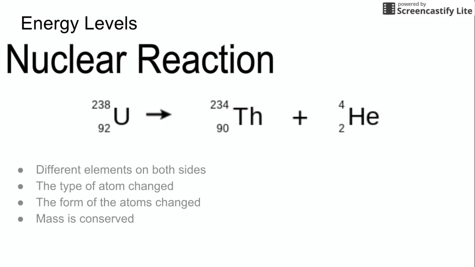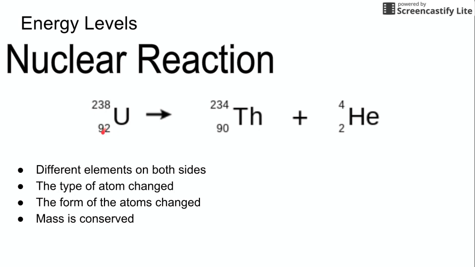Nuclear reaction, on the other hand, is very different. There are different elements on both sides. So on the reactant side, we have uranium, and on the product side, we have thorium and helium. The type of atom has changed because we have a completely different element, and the form of the atom has also changed. However, in this, the mass is actually conserved because